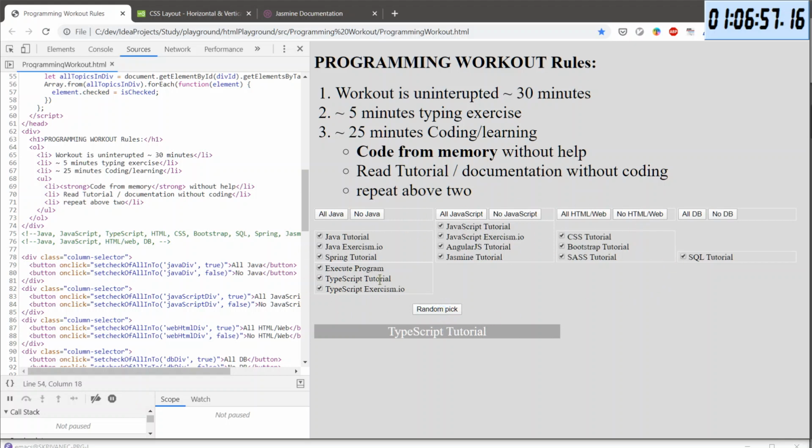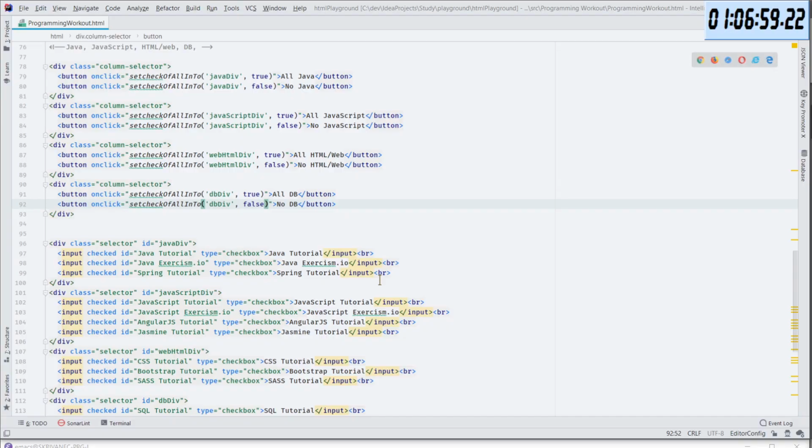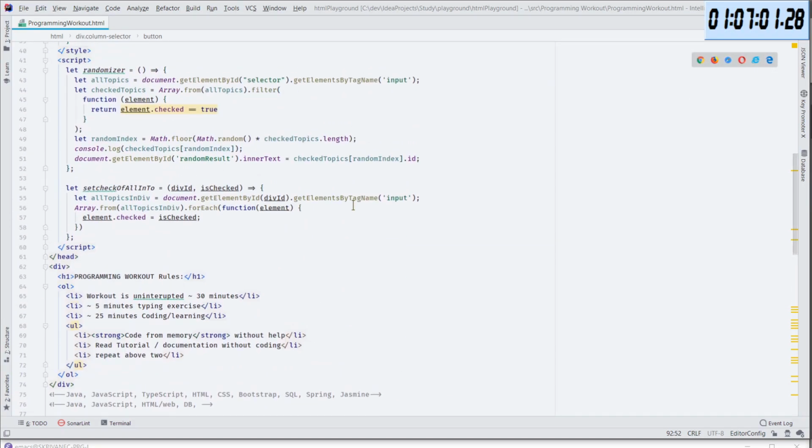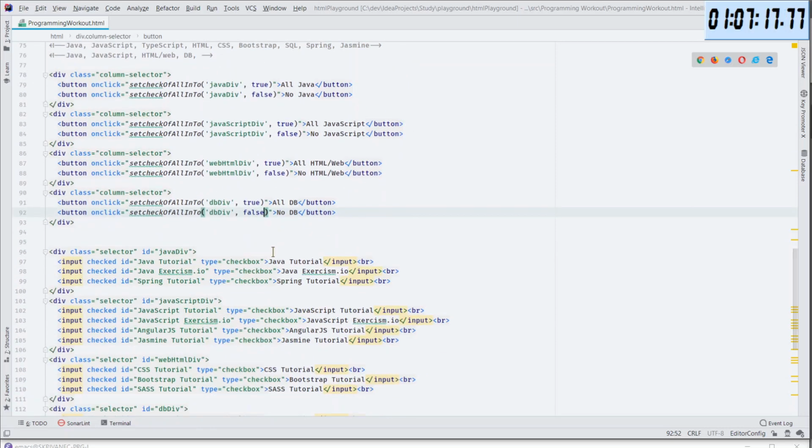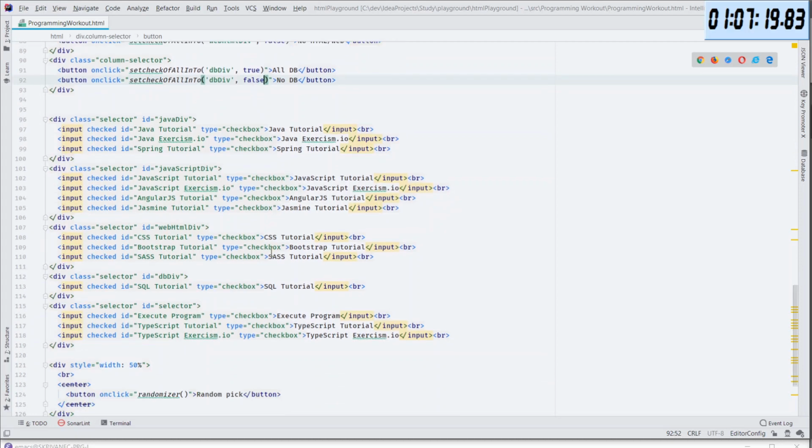So I need to modify my function in here, the randomizer. So get elements by tag name. It says input. Do I have a tag in here? It's here.